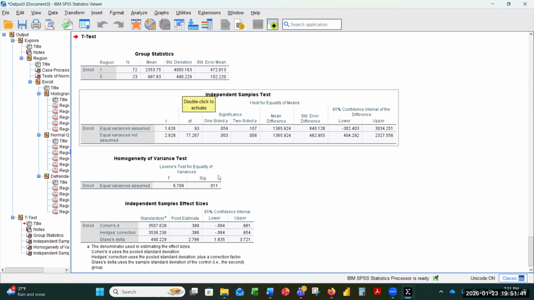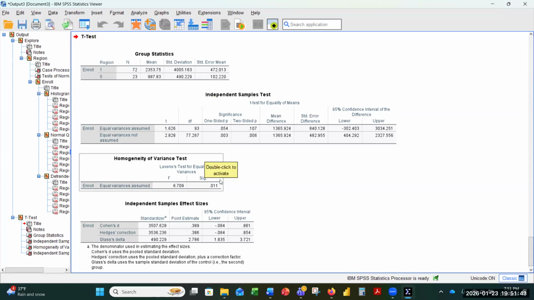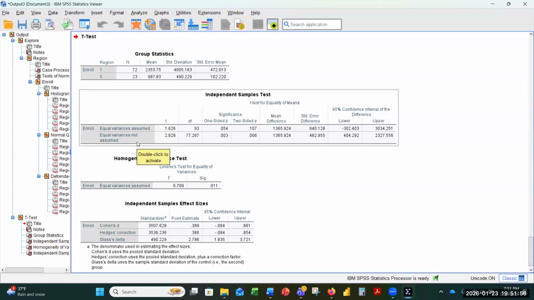The Levene's test for equality of variances shows a significant value of 0.011. Since this is less than 0.05, the assumption of homogeneity of variance is not met. Based on the equal variances not assumed results, there is a significant difference in district enrollment between Region 1 and